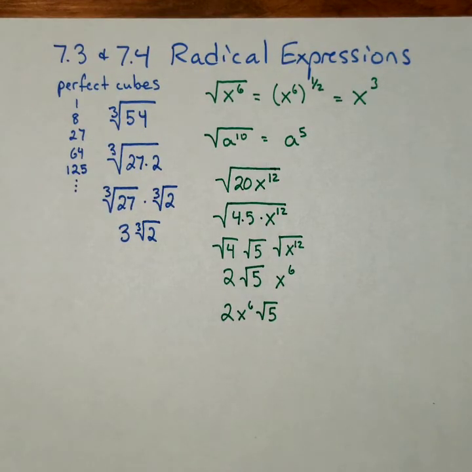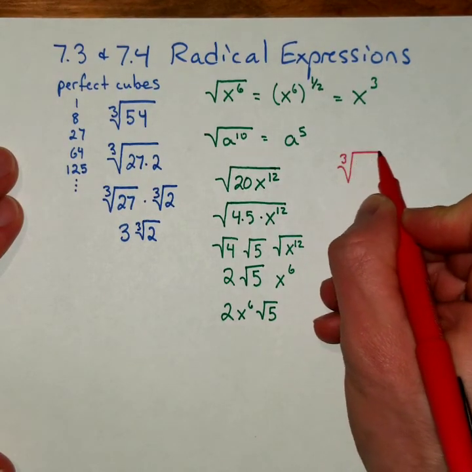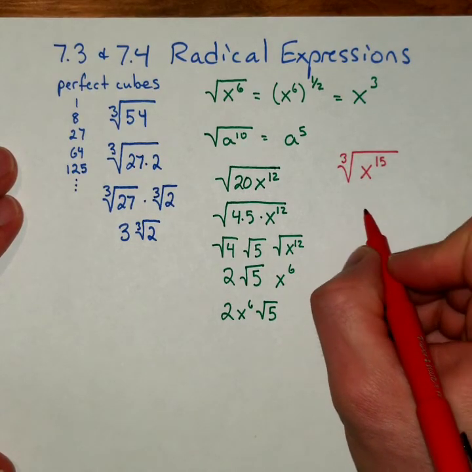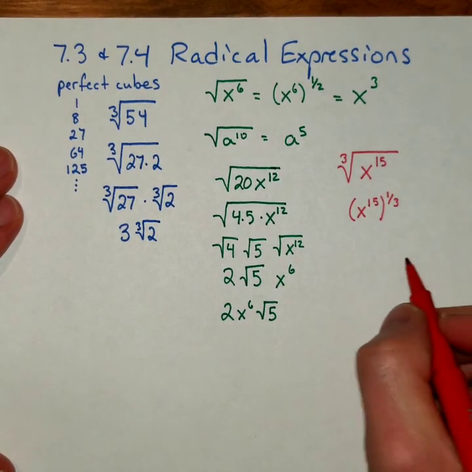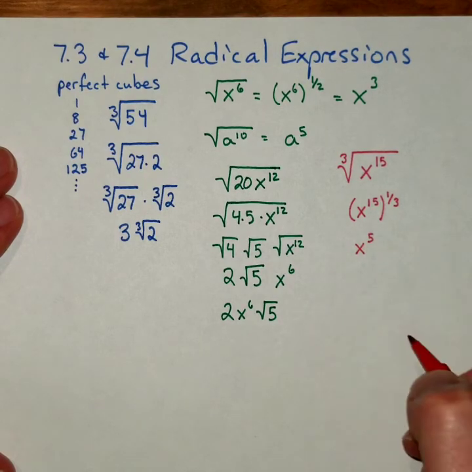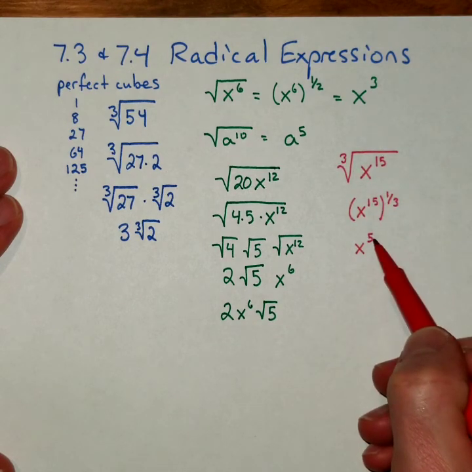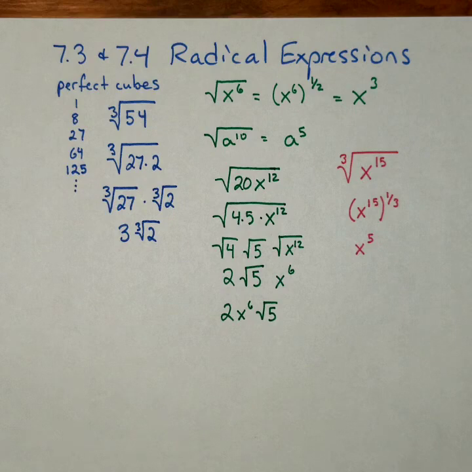With cube roots, the powers aren't going to be even that you cut down, they're going to be multiples of 3. Right? So if you had a cube root of x to the 15th, well, the cube root is really a 1/3 power. So this is like x to the 15th raised to the 1/3 power, which ends up being x to the 5th. And so to jump from the 15 to the 5, you just cut it by thirds, right? Take 1/3 of that number. Okay. Now, where it gets a little bit tricky